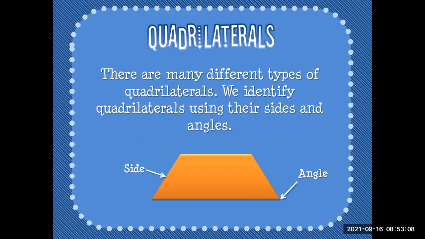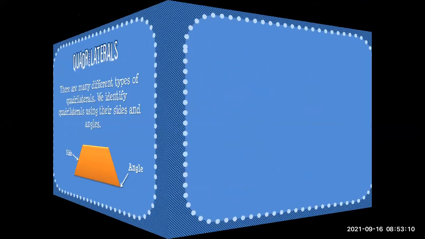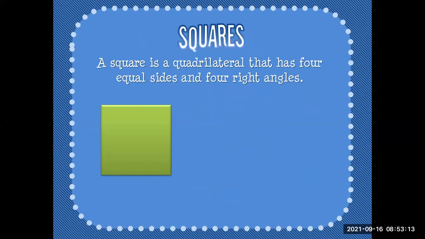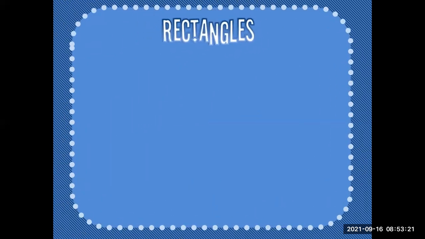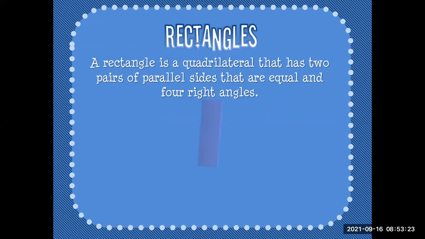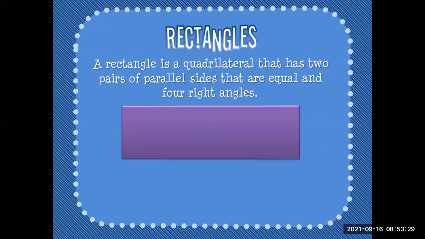The first one was a very basic one, that is a square, which has all four sides equal and all four angles are right angles. Then we saw rectangles, that is a four-sided figure again with two opposite sides equal, right? And all angles are right angles, that's a rectangle.